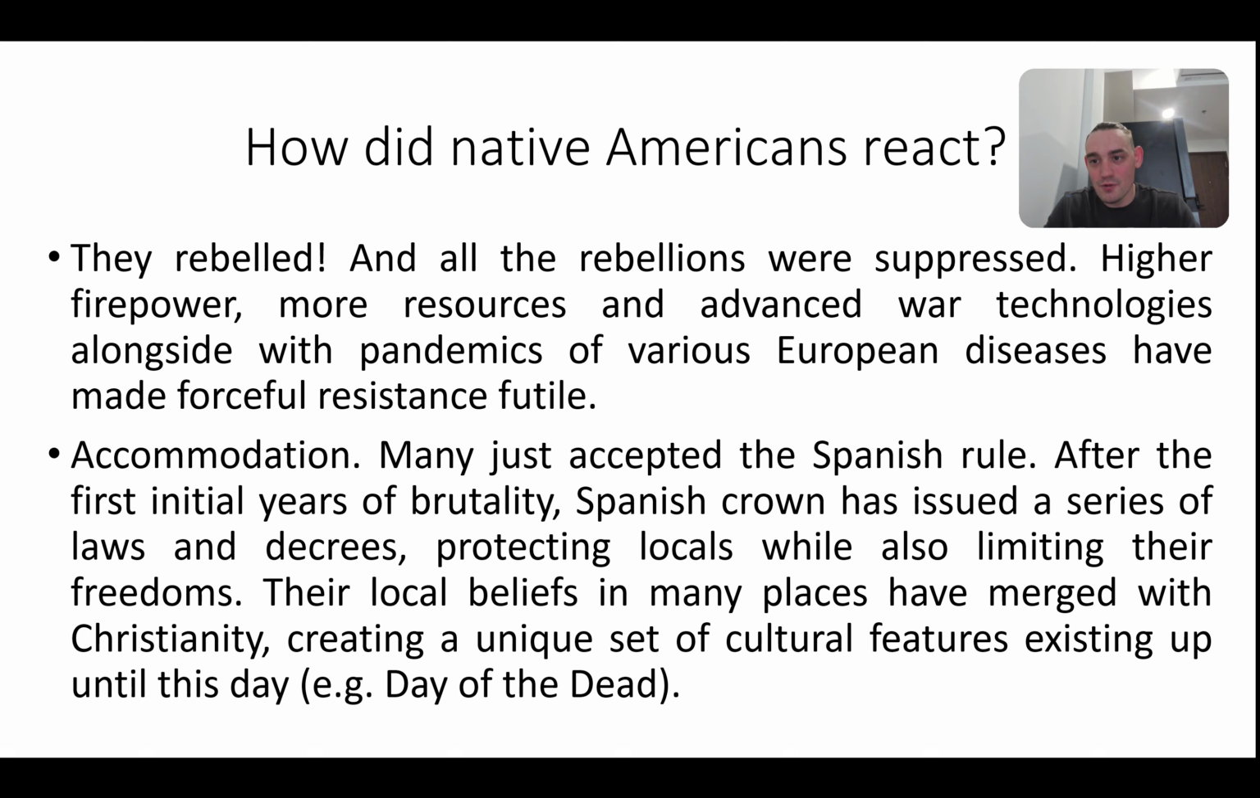A lot of the people also decided to accept the Spanish rule. After the first initial years of brutality, the Spanish crown issued a series of laws and decrees protecting the locals while also limiting their freedoms. Again, ironically, when the colonial empire fell, those horrible discriminatory laws were abolished as well, introducing the brutality of